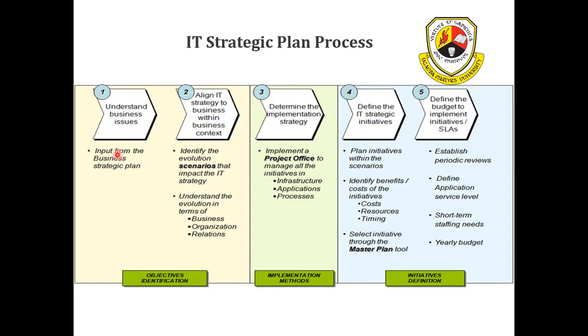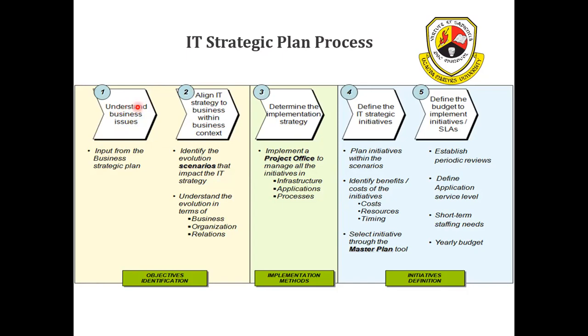So there needs to exist, the organizational strategy needs to exist, because it is the first input, because it's the one which tells ICT what needs to be done. It tells ICT where growth needs to be for the ICT department. So it is that input, because it gives us the understanding of the business issues, where the business needs to grow.